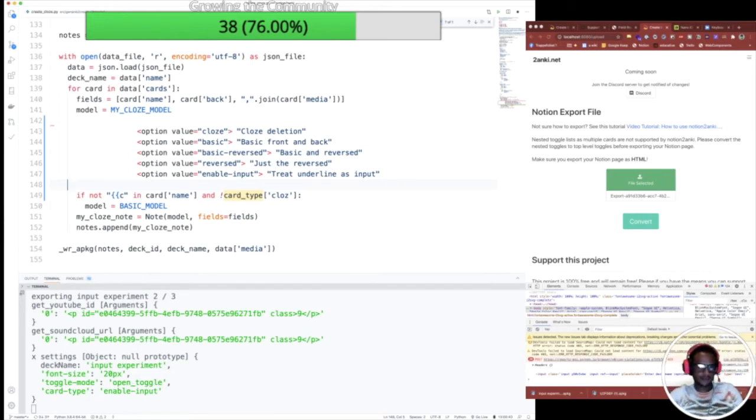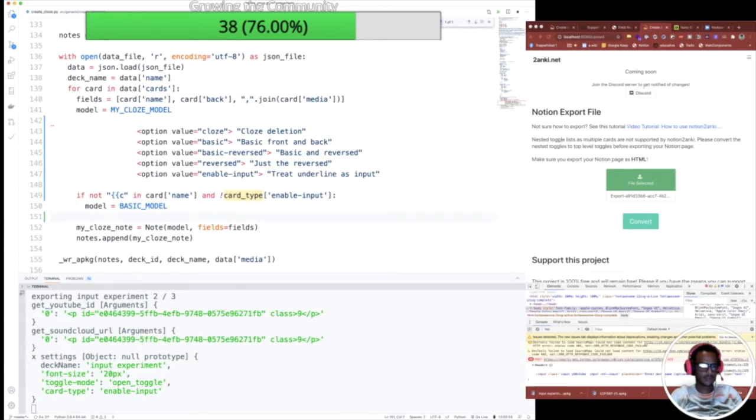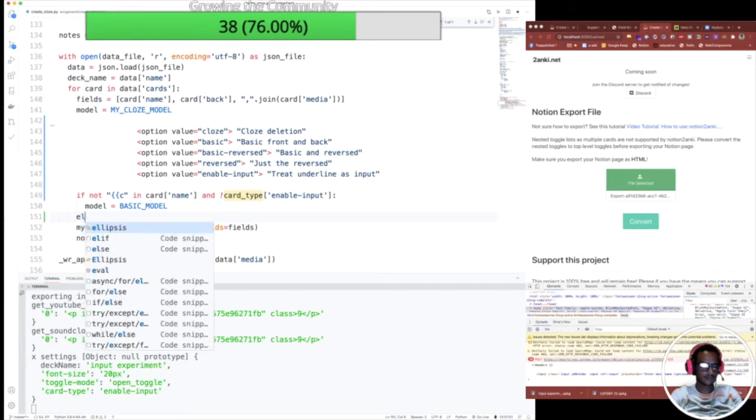It's good. I have to take a break soon. So let's change that. If the user has no close markers and the card type is not enable input, then we want to do this stuff. So, else